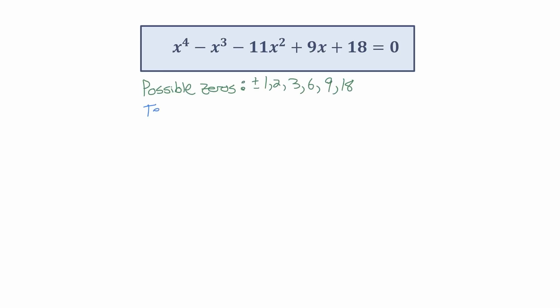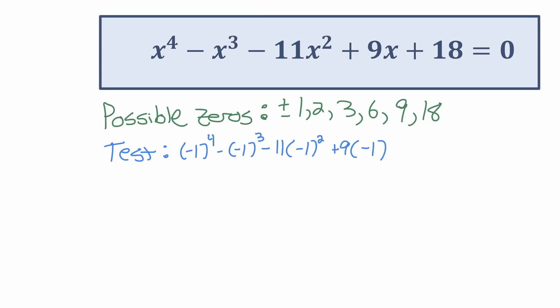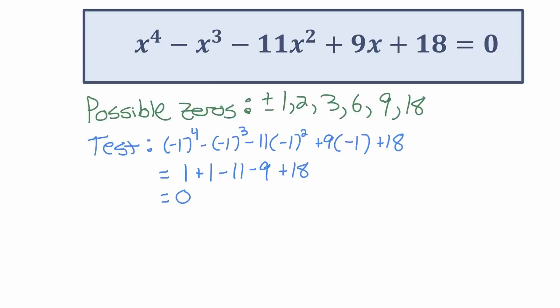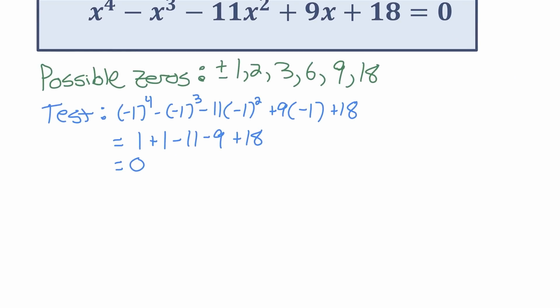So I'll do a test. Let me test out negative 1. If I evaluate this, I would get 1 plus 1 minus 11 minus 9 plus 18. And that equals 0. So because negative 1 makes that polynomial be 0, I know that's one answer to my equation, but to get the rest of the answers, I should divide that polynomial by the factor that has a 0 of negative 1. X plus 1 has a 0 of negative 1, so x plus 1 is a factor